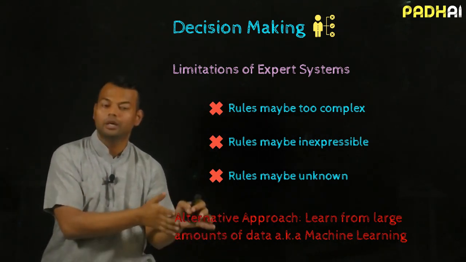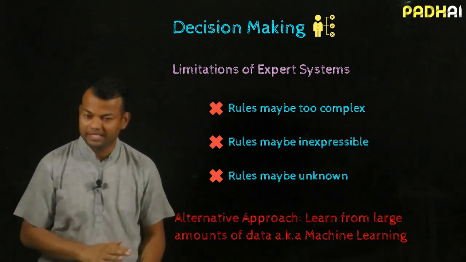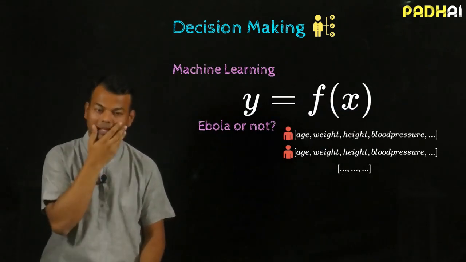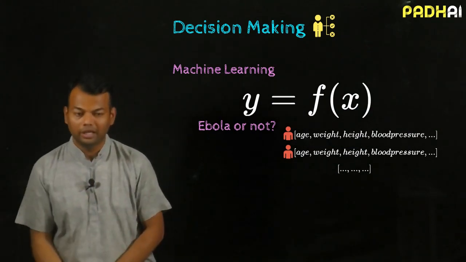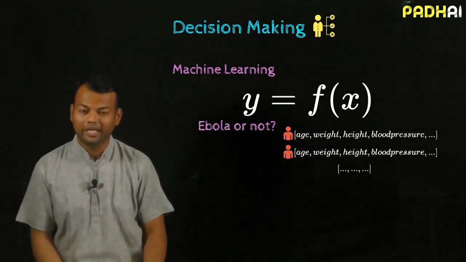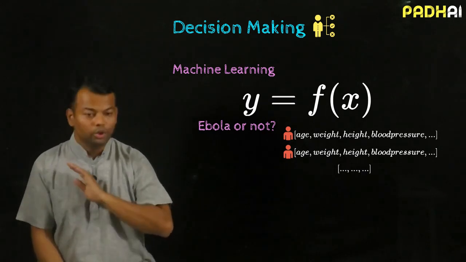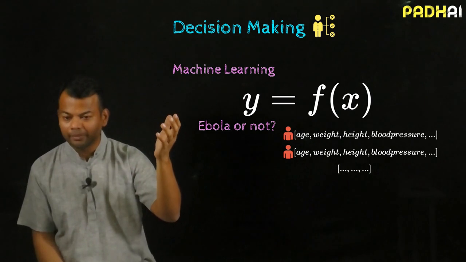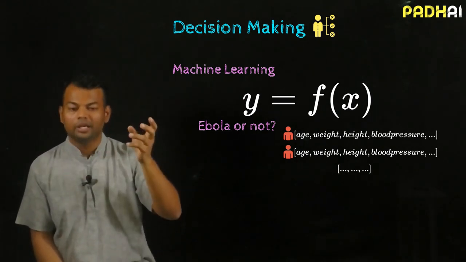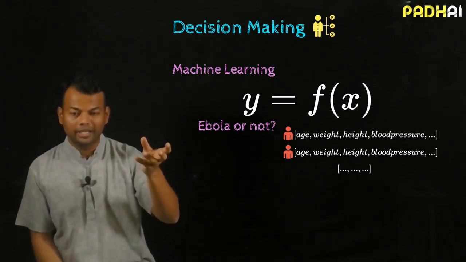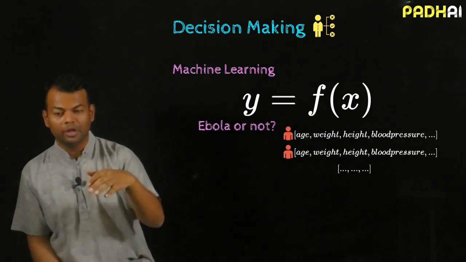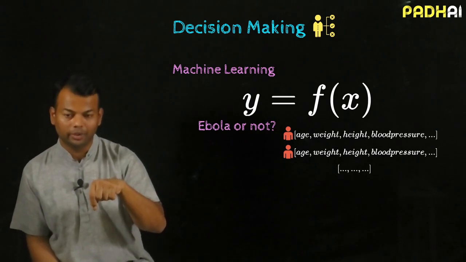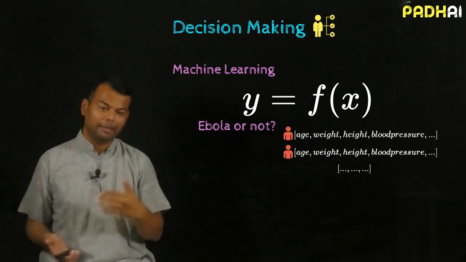But now if you start learning from data, that's where machine learning steps in, and we know machine learning has an intersection with data science. So let's see what I mean by that. Same figure which you had seen earlier. Now I'm interested in predicting whether a person has Ebola or not. I don't know what the rules are. How does Ebola depend on the weight? If the weight is high and if the temperature is high, is it a different interpretation as compared to a person who was 10 kgs lighter but has 1 degree lower temperature today, right? So that might be some dependence on that.